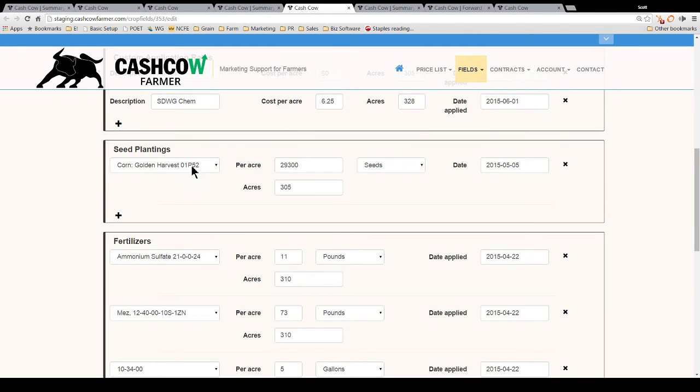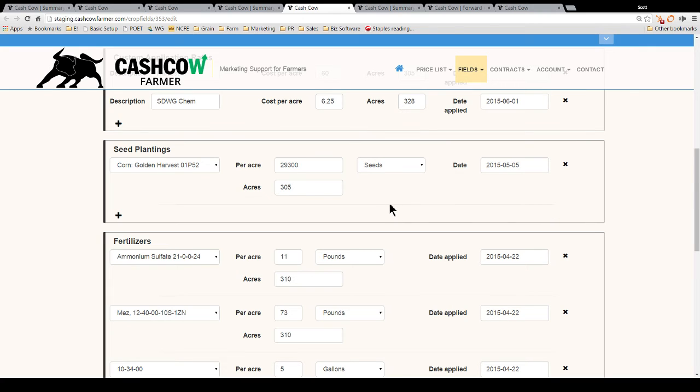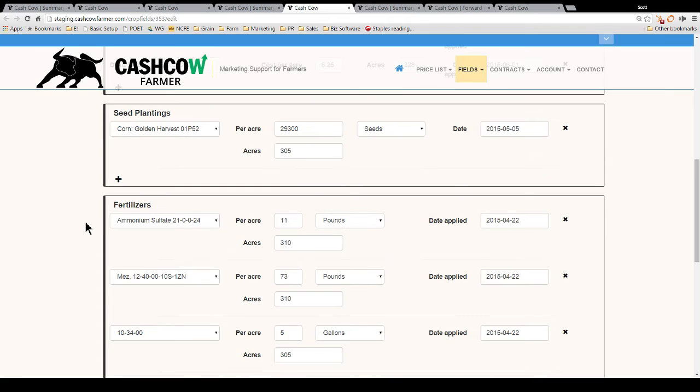It's in your records. And next you put your planting pass. You select the variety of seed that you built in your price list, how many seeds per acre you put in there, the acres of that variety, and then some might be in bushels per acre if you got wheat and various other commodities, so then you can change that. And then you put the date that you planted. That's very important because when you print the planting report, which is in the fields, planting report 2014, which is the one we're looking at right now, it'll have all your fields individualized, and then the date it was planted, the planted acres, legal acres, all that stuff very easily